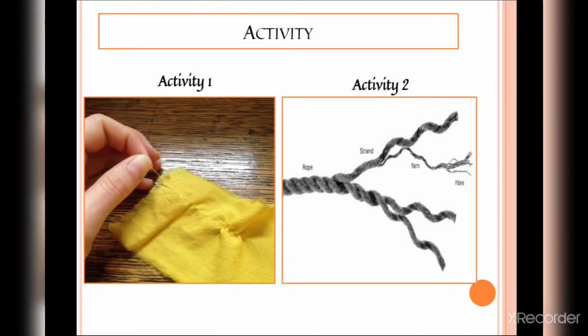In that, you have to pick out one old cloth which is not currently in use. Now you have to pull out a thread from that cloth. आपको एक बहुत पुराना सा कपड़ा लेना है जो अभी यूज़ में नहीं है. अब आपको उसके अंदर से एक थ्रेड को पिक करना है, खींच के बाहर निकालना है.